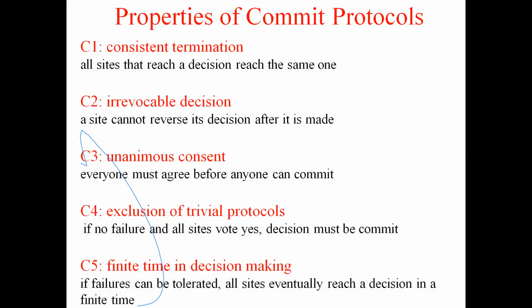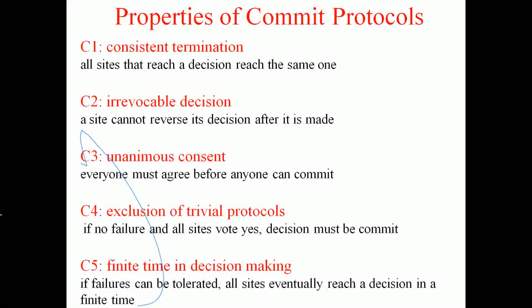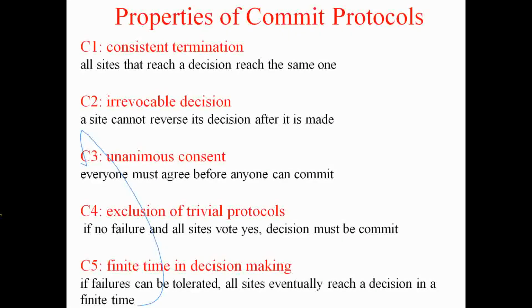Okay, so by this time we should understand a distributed transaction means a transaction which is a group of operations, and operations may be executing at sites which are different from each other. Within a transaction, some operations may be taking place at one site, some at another site, but we have to reach one decision because it is one transaction. So either all or none. These are the properties that we are looking for in our commit protocol.